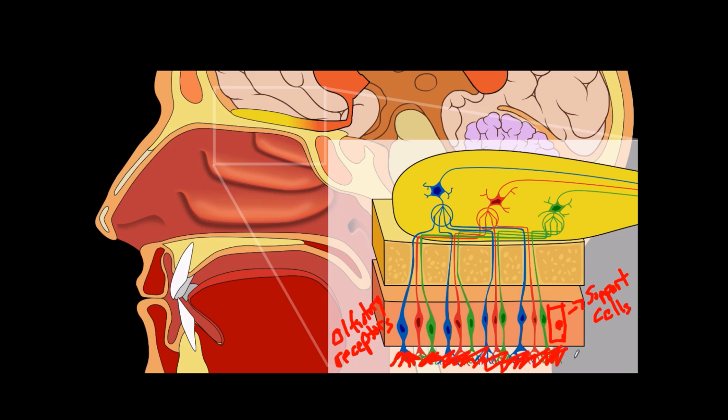So those are support cells. Also back here, kind of towards in here, we would also have another kind of cell sitting out back here, and these are going to be basal cells. And these basal cells will actually turn into olfactory receptors later on. So your olfactory receptors are actually being turned over fairly rapidly, and these basal cells will become new olfactory receptors,